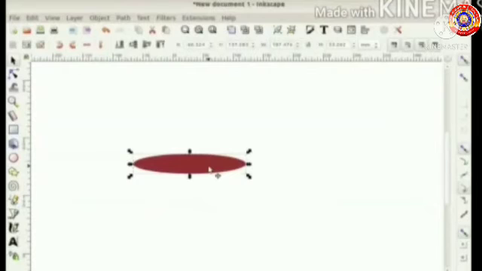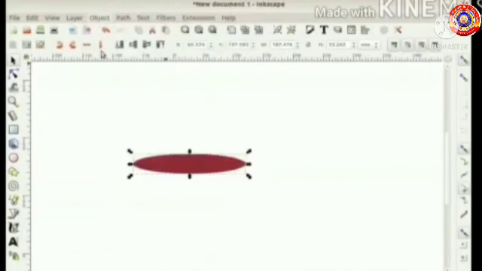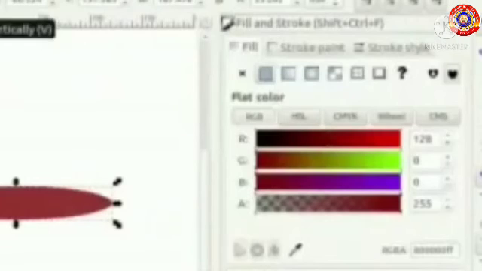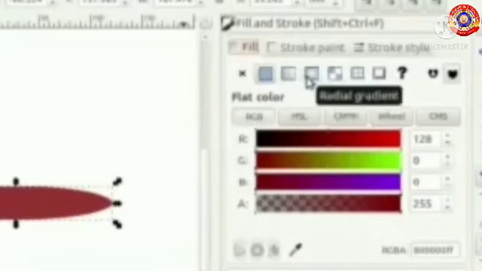Now our next step is to give a gradient effect for this oval, that is a light and shade effect. For that, click on Object menu and Fill and Stroke option. Then we can see a new window at the right side. Now select the Fill option here, and then select the Radial Gradient option.